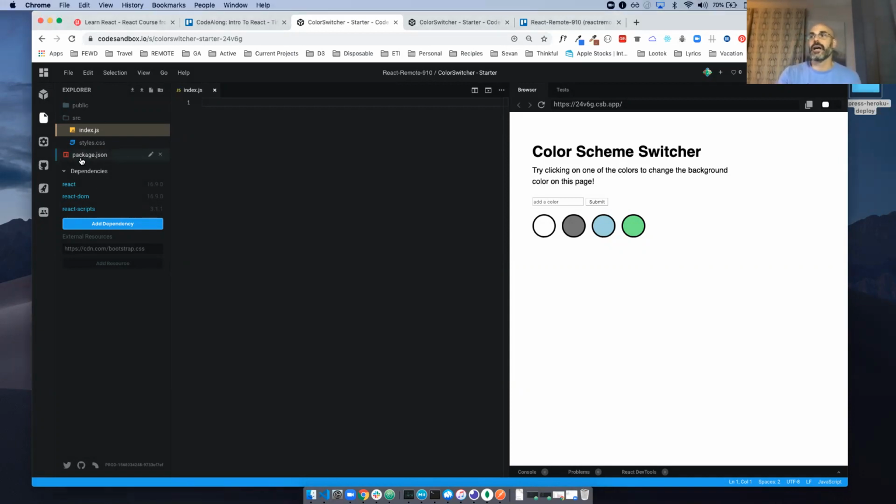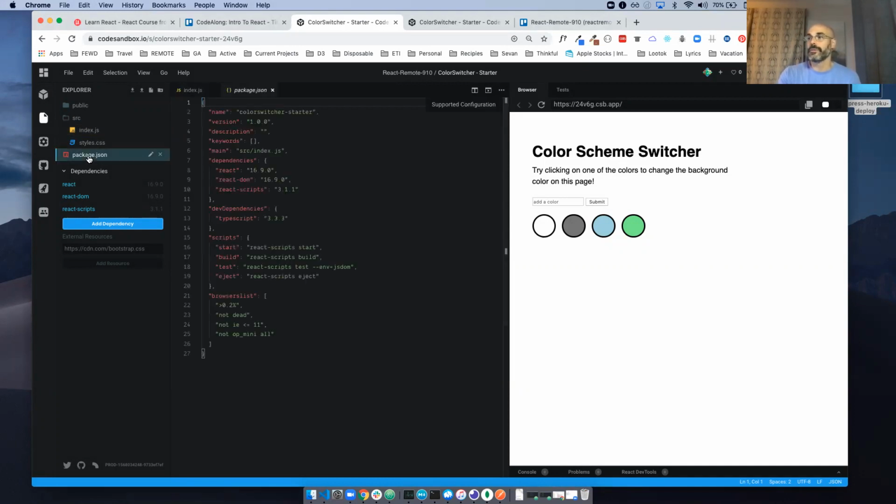And your package.json here is what tells the application what the dependencies are, okay? So if I go into package.json, I can see that this particular application that the Code Sandbox spun up for us, once again, spun up as a React app. I removed some of the React things so we could add them, so I could walk you through the necessity and how you would add dependencies if you needed to, okay? The dependencies here are React, React DOM, and React scripts.